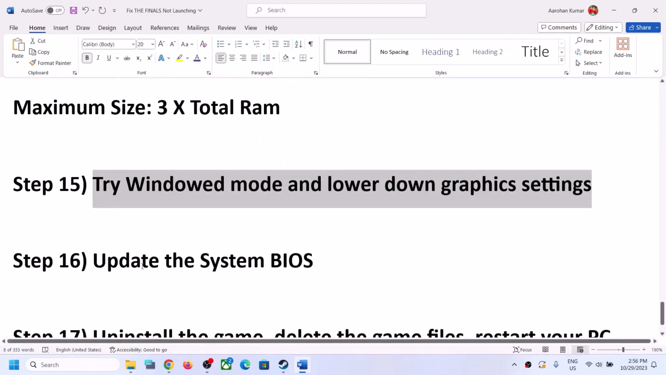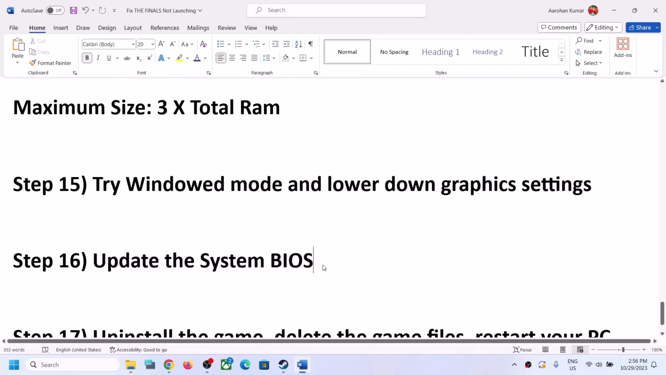Now the next step is to update the system BIOS. For this, go to your system manufacturer website. If you have a Dell computer, go to Dell website. If you have a Lenovo computer, go to Lenovo. If you have HP computer, go to HP website. Select your model number, make sure that you select your computer, and then find the latest BIOS update available